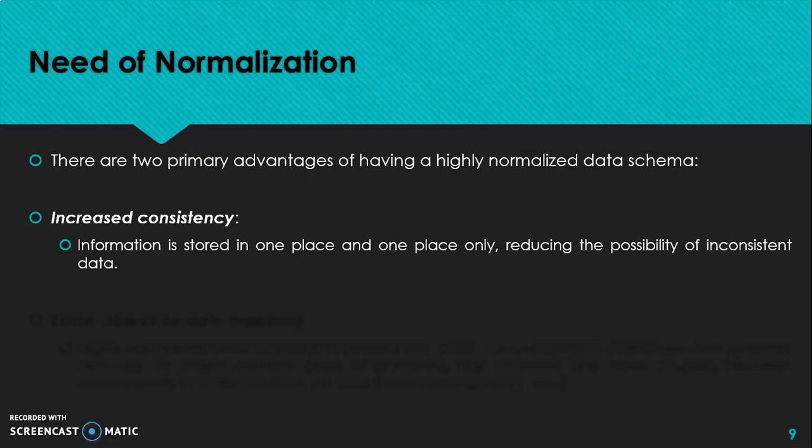Since we are storing information at one location, you cannot distribute this data over different locations, which can increase the redundancy and the inconsistency. It may happen that for a particular record there will be two different values at different locations, but since we are storing it at a single place, this inconsistency or redundancy is reduced.